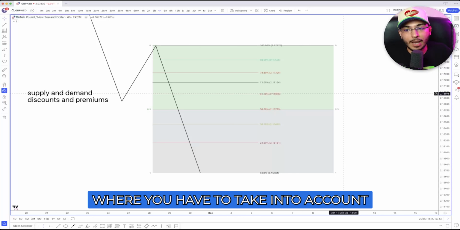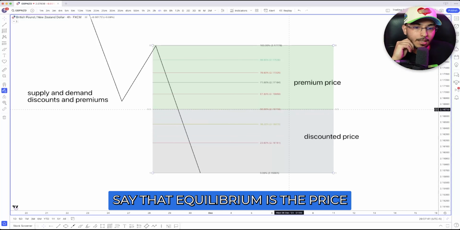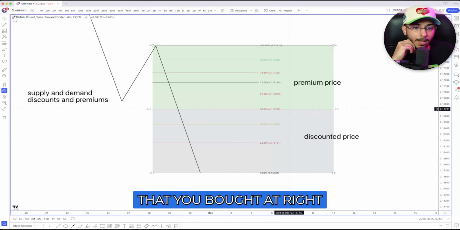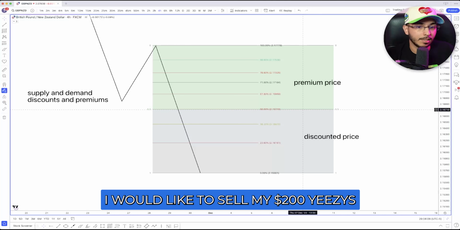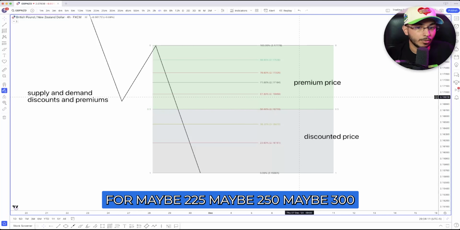So now you got to think about stuff. Let's say you bought a pair of Jordans or some Yeezys, or you bought a house, whatever it is. Say the equilibrium is the price that you bought at, right? Just for this example. Selling something for less than it's worth, or selling something at a discounted price, doesn't really make sense. If I spent $200 on these new Yeezys, I don't want to sell them for $150 because I'm going to lose. I would like to sell my $200 Yeezys for maybe $225, maybe $250, maybe $300